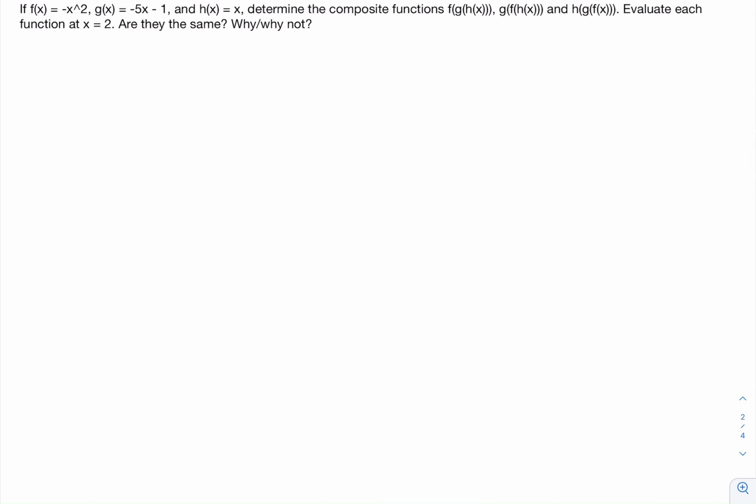Now, this part right here: if f of x is negative x squared, g of x is negative 5x minus 1, and h of x is x, determine the composite functions f of g of h of x, g of h of f of x, and h of g of f of x. So these are definitely longer questions. I'm not going to expand all of them just for the sake of time, but what we would get is